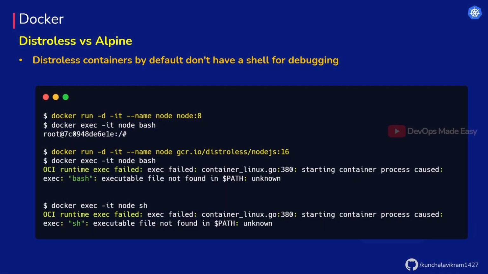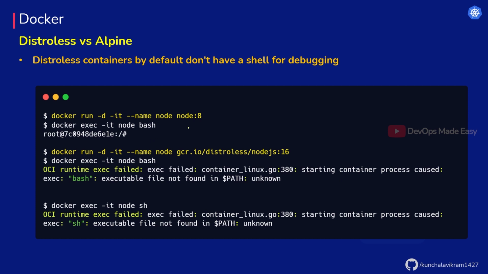But what is the difference between Distroless and Alpine images? As we mentioned, Alpine images are itself giving a smaller Docker image. In this case, why do we have to go for the Distroless images when we have the Alpine images already? The issue with the Distroless images is that they will not have any shells for debugging. That means that if I want to run any command inside the Docker image or the Docker container, I cannot go into the Docker container because of the absence of a shell for debugging.